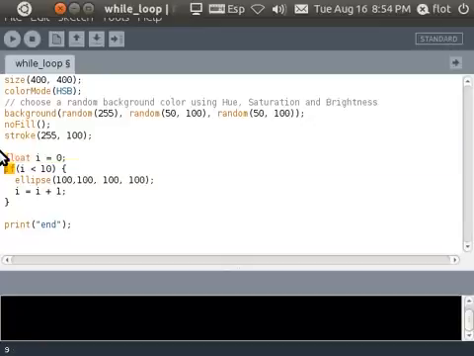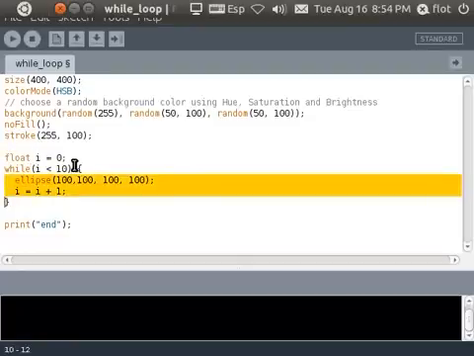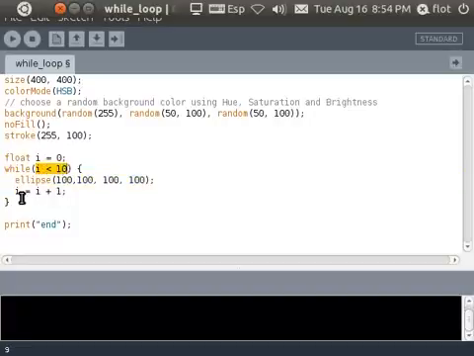When we use a while statement, it's a bit different. The code inside the two braces will run forever until this is false. Or said in another way, that's why it's called while, the code will run while this is true. So in this case, we start by having i is 0, and then while i is less than 10,